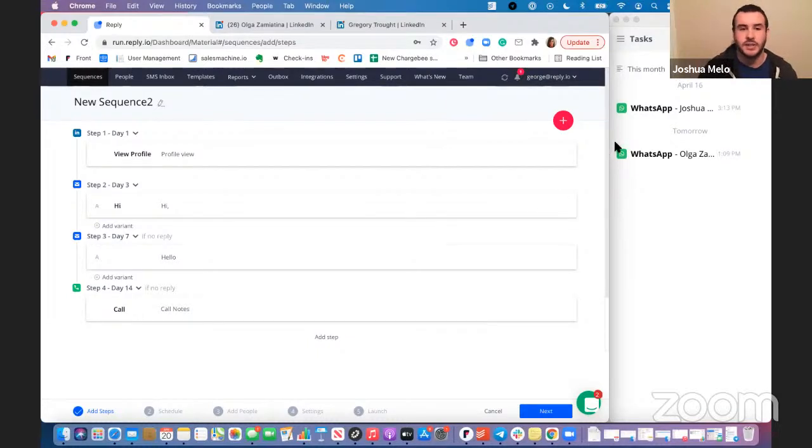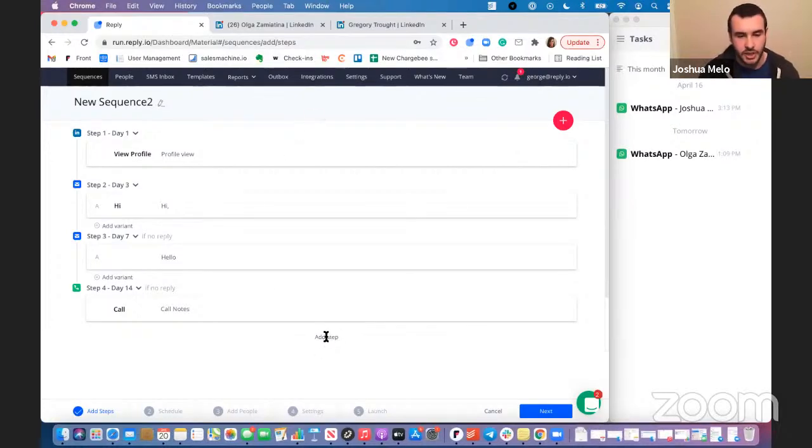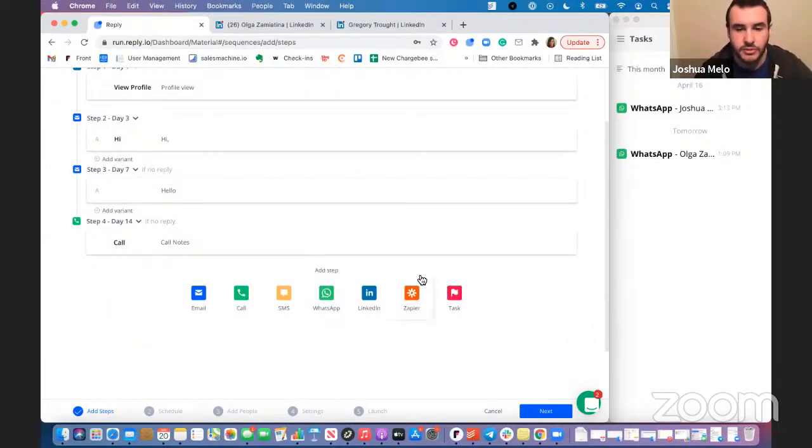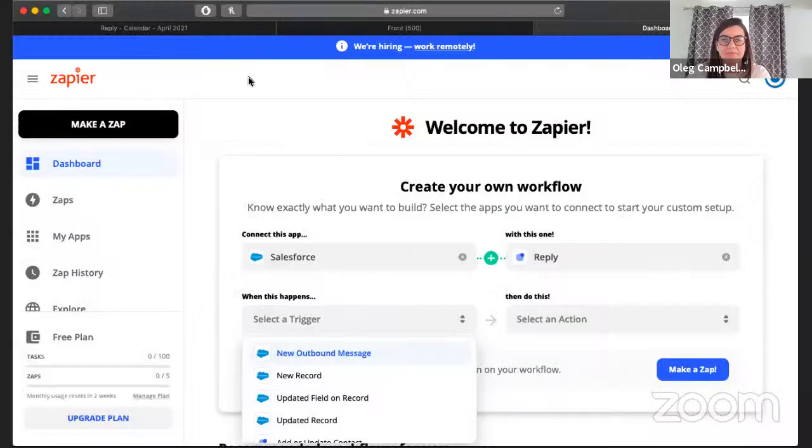So the last section for these multi-channel features is going to be Zapier. And this is actually a very customizable step, and I can steal the screen from you for a little bit, Stephanie. Yeah, go for it. So essentially, depending on what platforms you are trying to integrate with, I do remember someone mentioned Active Campaign. Through something like Zapier, you can connect and bridge those different tools.